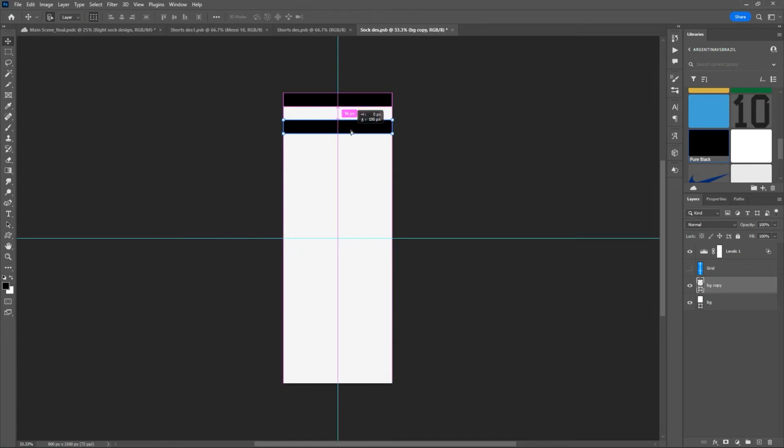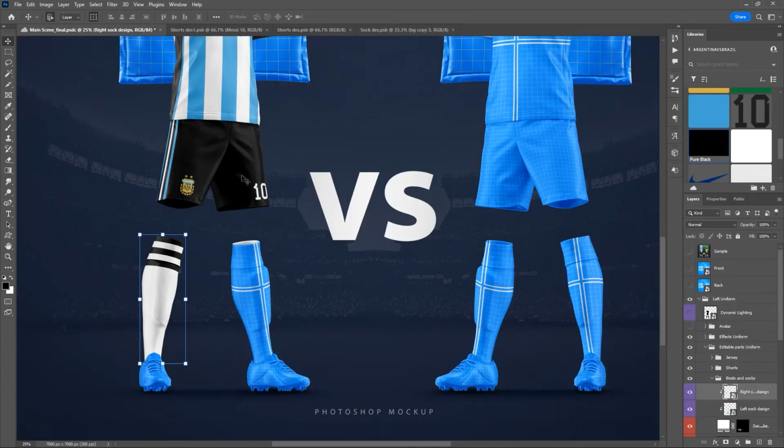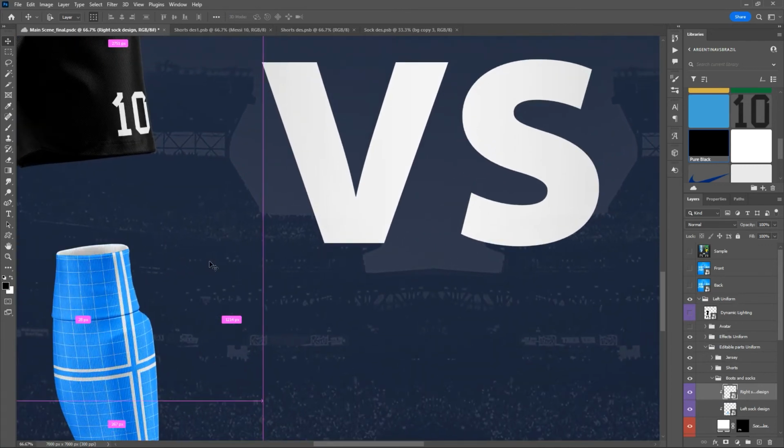I wasn't holding Shift, now I am. And do it again, Control or Command S. And there we go, we've got 3 stripes. Now, you can get really precise with this. If you zoom in,